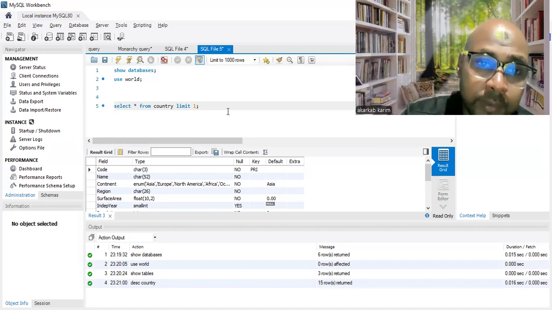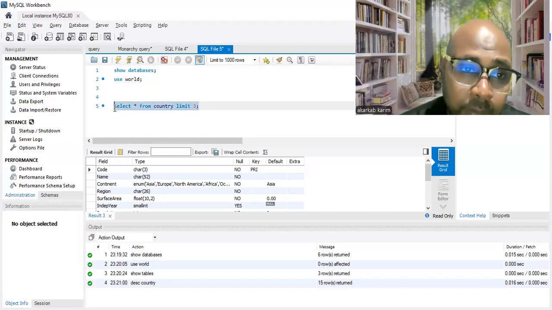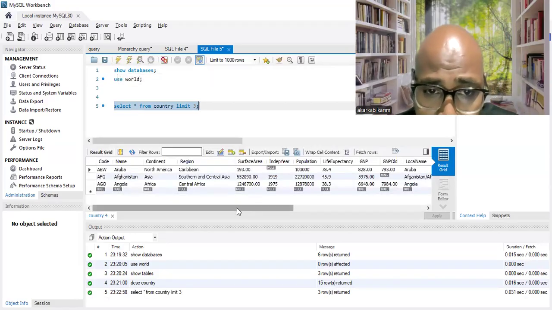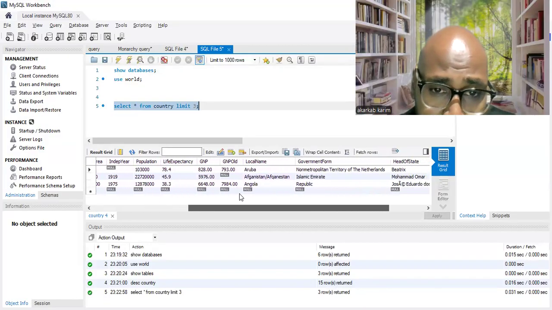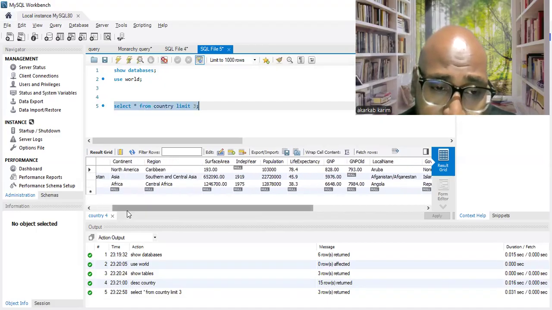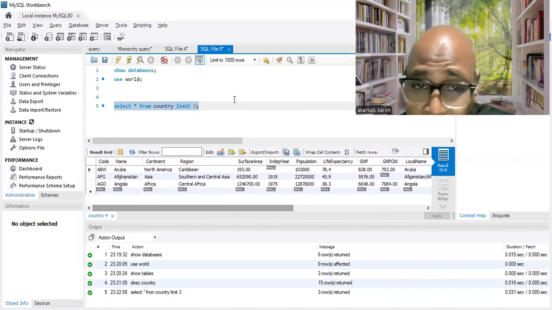I want three records, three rows. Well, I run it. So this is the result that I get here. We have the data, columns, and data in each column. So this is the first DQL that we can use to check our data.